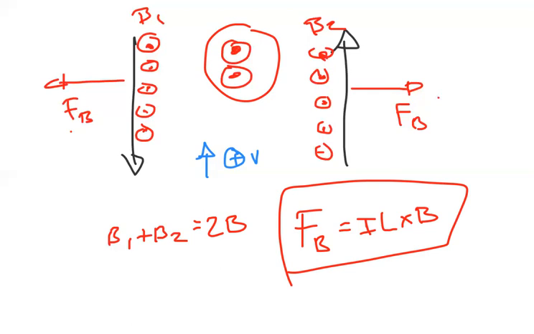Oh, I'm sorry, I used the wrong one. I apologize. Fingers should point towards the top of the screen, thumb pointed to the left. The magnetic field is pointed out of the screen in the center, anywhere in the magnetic field is pointed out of the screen. So you face your palm towards you. Now your thumb should be pointed to the left and your fingers pointing to the top of the screen. If you want to curl them, go ahead. But we can see just from that, FB is going to be